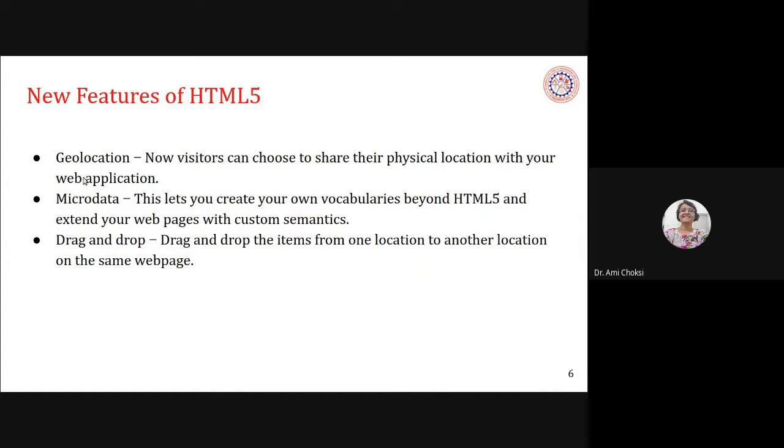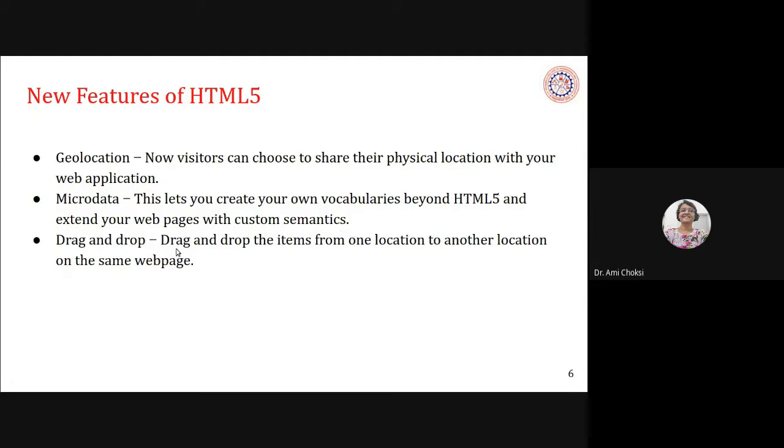So a few more. They are, say, geolocation. Now what is that? Visitors can choose to share their physical location with your web application. Microdata, what is that? This lets you create your own vocabularies beyond HTML5 and extend your web pages with custom semantics.